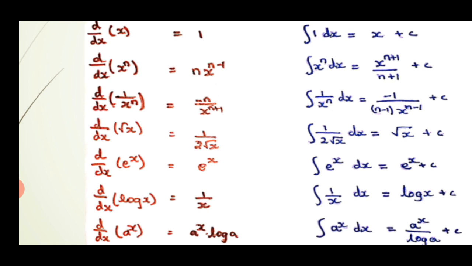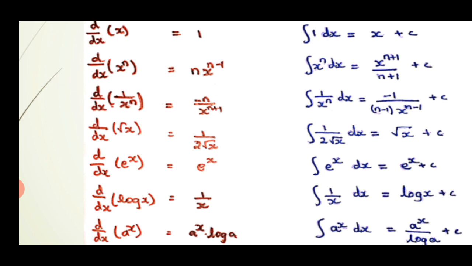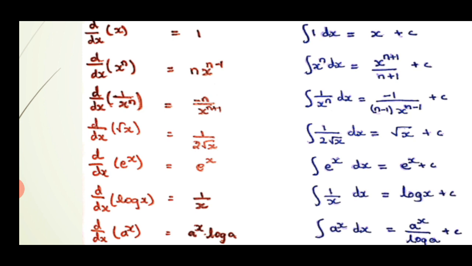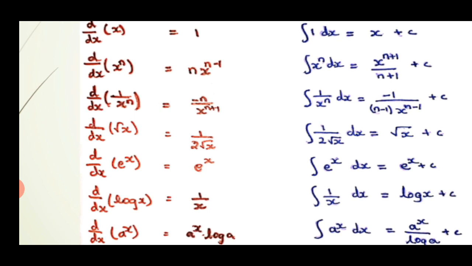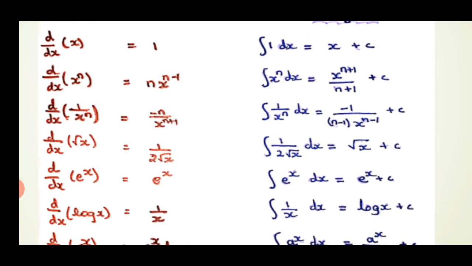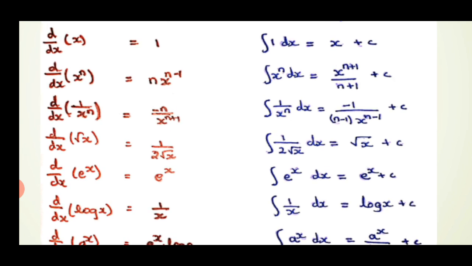The third one, the fourth formula. From now you can just see the left side differentiation formula: d by dx of root x, the answer is 1 by 2 root x. So here what is the primitive function? Root x. What is the derived function? 1 by 2 root x. So let's take the derived function 1 by 2 root x. When you apply the integral to it, integral 1 by 2 root x dx, we must put dx in that place. We get what answer? The primitive as the answer. So what is the primitive? Root x. So the integral of 1 by 2 root x dx is equal to root x plus c, right?